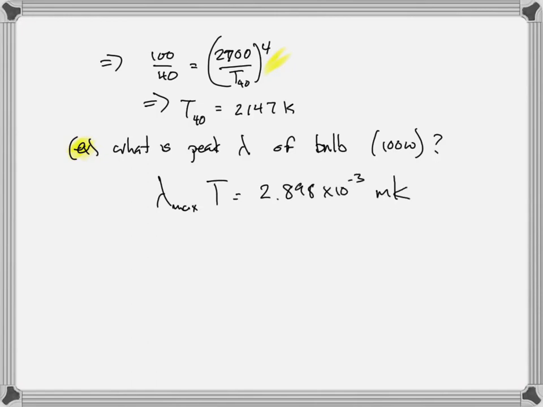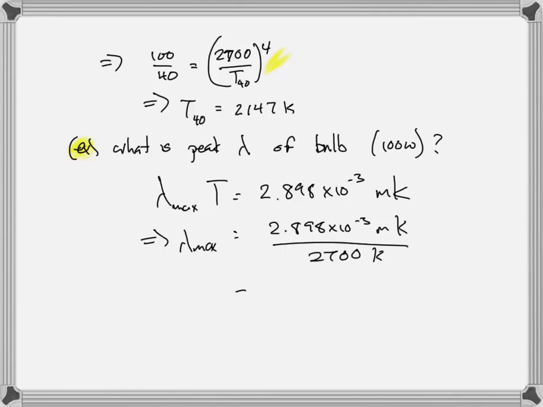Lambda max T is equal to 2.898 times 10 to the minus 3 meters times kelvins. That's not millikelvins, that's meters times kelvins. And so just solve for lambda max, plugging in the temperature of 2700 K. And so what we end up getting, put in your calculator, is lambda max equal to 1.07 times 10